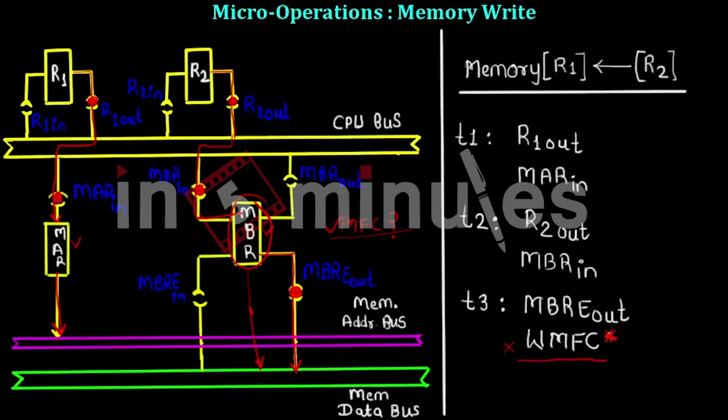So is the cycle T3. Okay, so this is the significance: wait till the memory operation is complete, and the cycle T3 can be completed. So I hope you have understood how the memory write is done using the control signals, and you can try and draw the timing diagram for this memory write operation. It will be a good exercise and good practice.